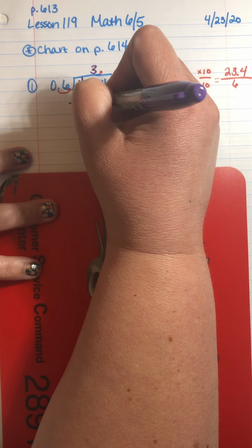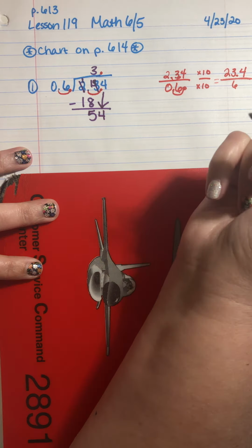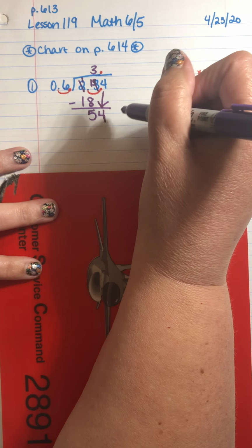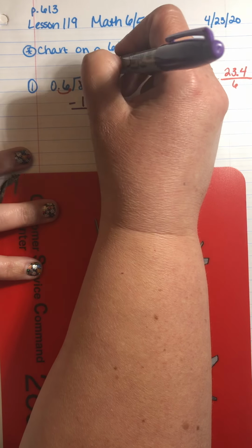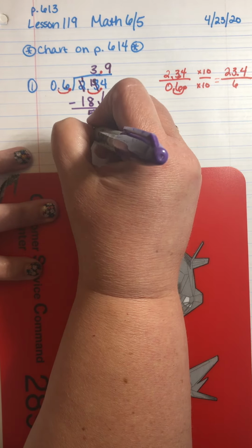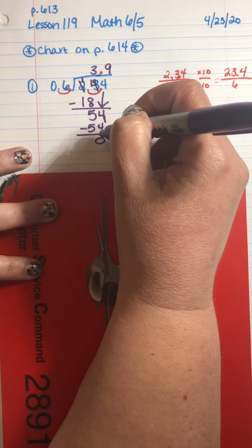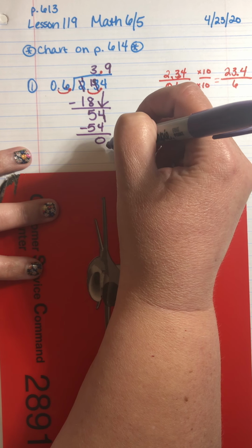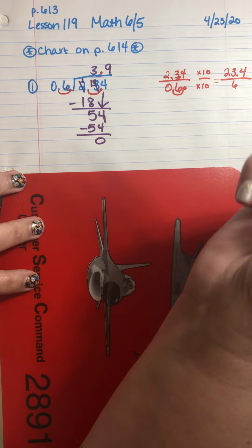We bring down our 4. Now we have a new division problem. 54 divided by 6 is 9. 9 times 6 is 54. Subtract, and we get 0. We don't have anything else to bring down. We don't have any remainder, even though we don't do remainders with decimals. So our answer